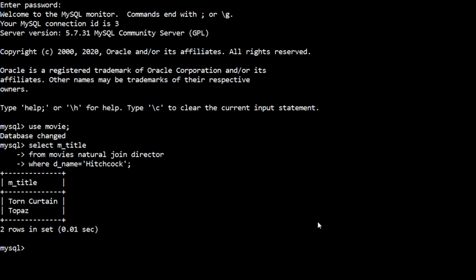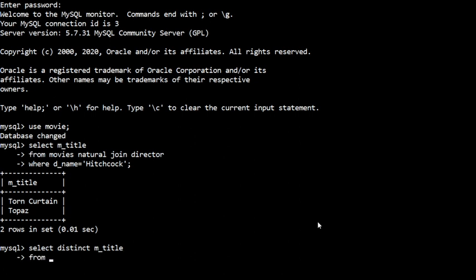I'll select the distinct movie name, because there may be more than one actor who acted in a movie, which means the title would be displayed twice. So that's why I'll take distinct movie title.